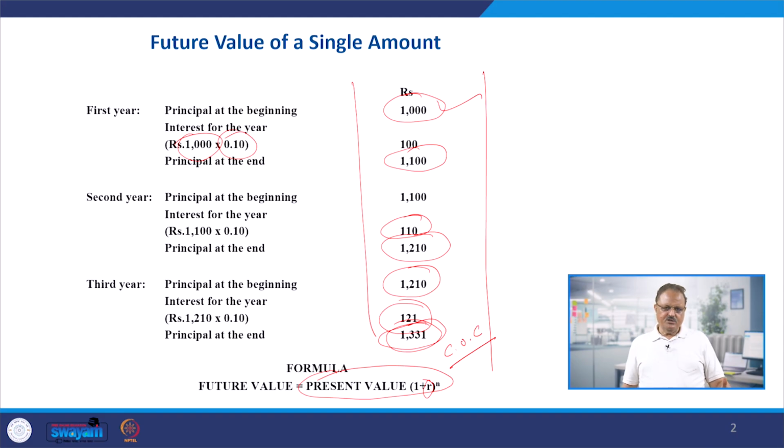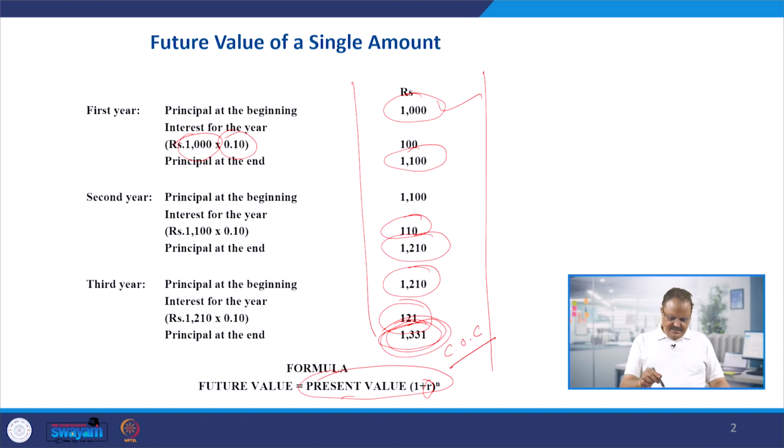And for that purpose, you have to make a comparison, and you have to invest this 1000 rupees in the business and expect a rate of return. The cost of capital, we call it the weighted average cost of capital, R. So you have to multiply present value by this (1 plus R), and the number of years is the power n. By using this simple model, present value is 1000 into (1 plus R), where R is 0.10, and power is 3. If you put these values in, finally you will get this value very easily, which will be